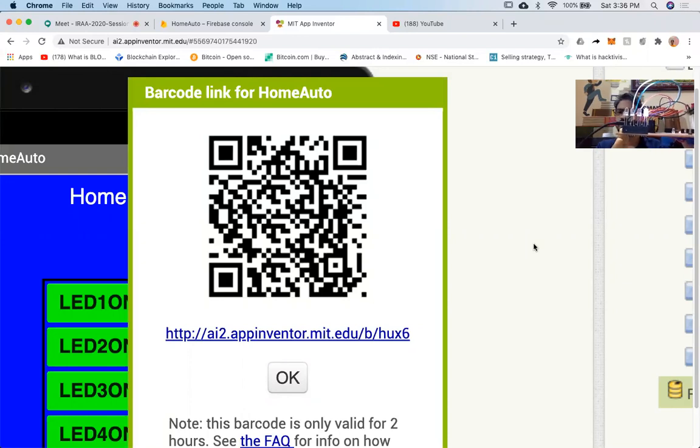Yes, very good. So LED 1 is on. Now you can turn on LED 2. Yes, very good. LED 3, LED 4. So right now I'm not doing it, somebody from you is doing it. I request you to turn off LED 1 and LED 4. Just turn off LED 1 and LED 4. Very good. So see, two LEDs are